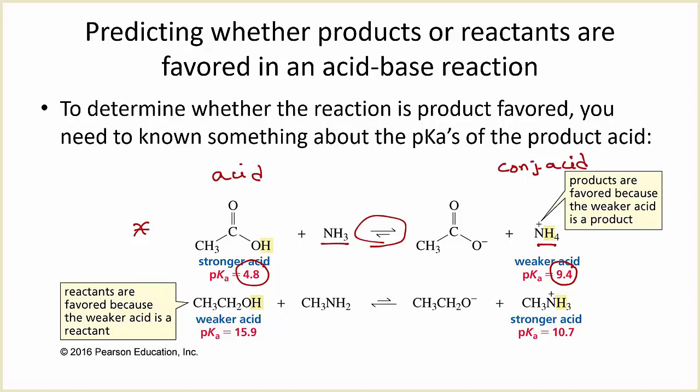You can see the same thing for this reaction of ethyl alcohol, and then we'll get into the naming of these things later, and methylamine. The methyl alcohol is the stronger of the two acids on the left hand side, so it will behave as the acid. It's the donor, and so as a result it loses a proton, and then it makes the methylammonium ion. Now again, you need to know a little bit about pKa's, but this pKa is 10.7. This one is 15.9, and you can predict which way the equilibrium is going to be because this is the stronger